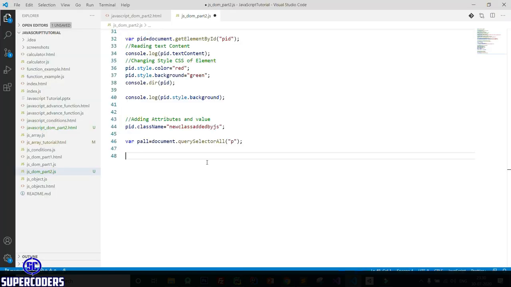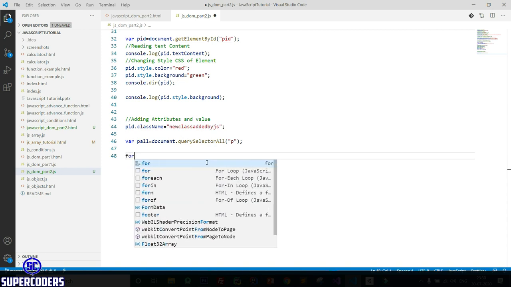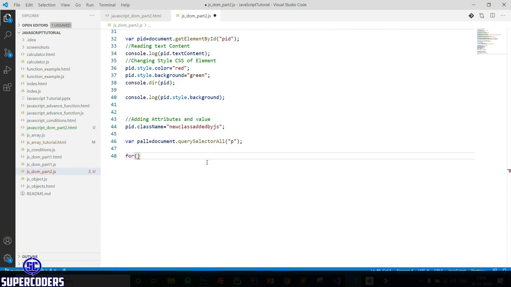So first I select all the HTML p tags, then add an event listener on click. So on clicking, when the color is green, I will change it to red, and if the color is red, then I will change it to green. So let's do it. Here you need to create a for loop. You can't use the usual for i equal to, because it will not work.